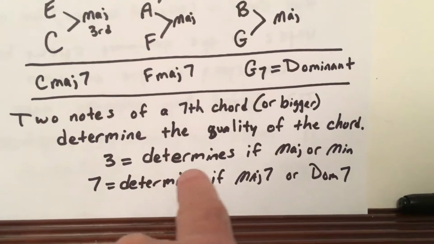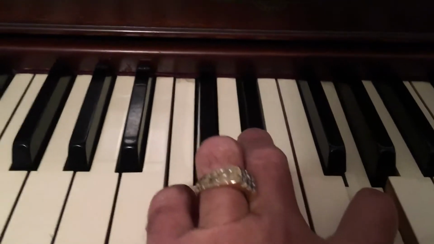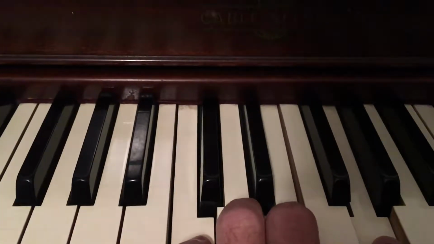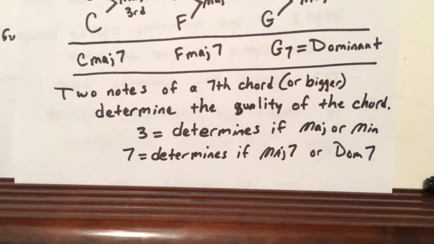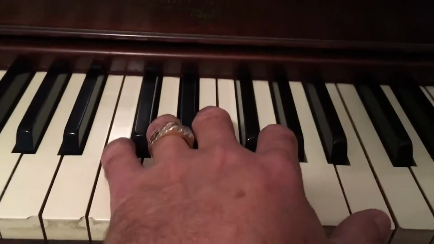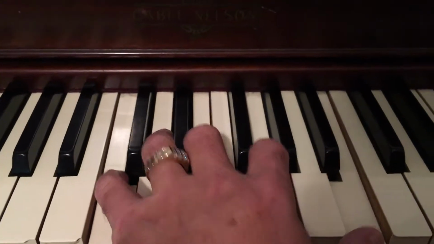The 3rd determines if the chord is major or minor. And the 7th determines if the chord is major 7 or a dominant 7. Major 7,